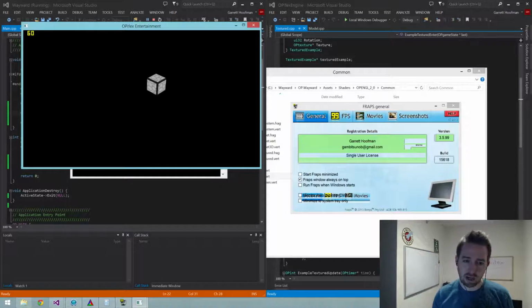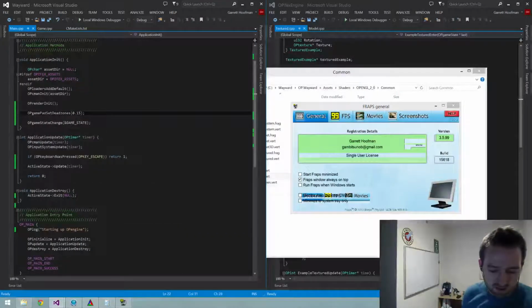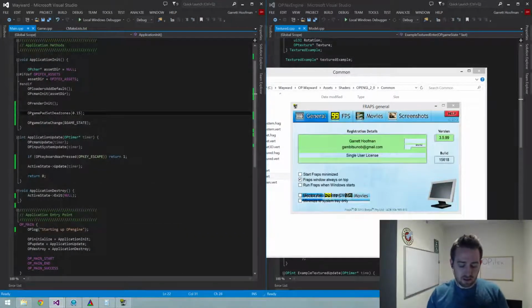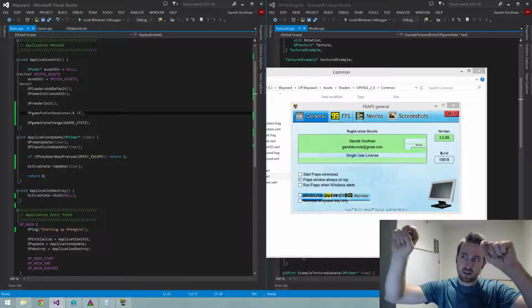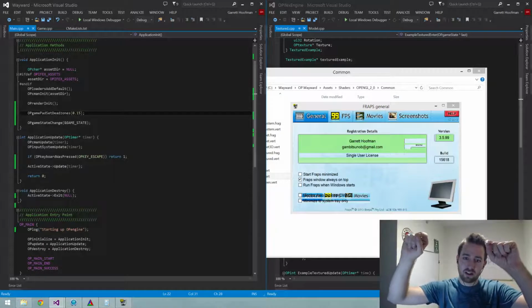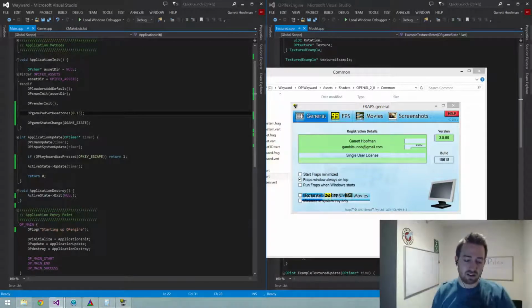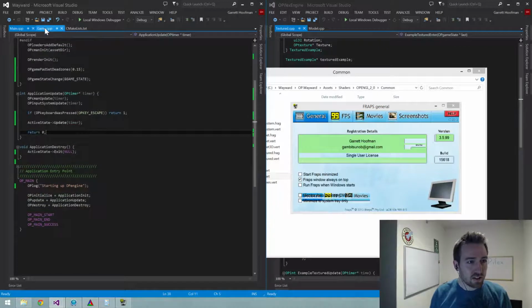But now I've got the problem that if I push in the top left, it's going to go a lot faster than if I'm pushing left and right. And that's because it's using the X and Y that way. If I were to do an X and Y of 1 over here, then that's a significant amount more difference than just the X or Y. So if I come in here,